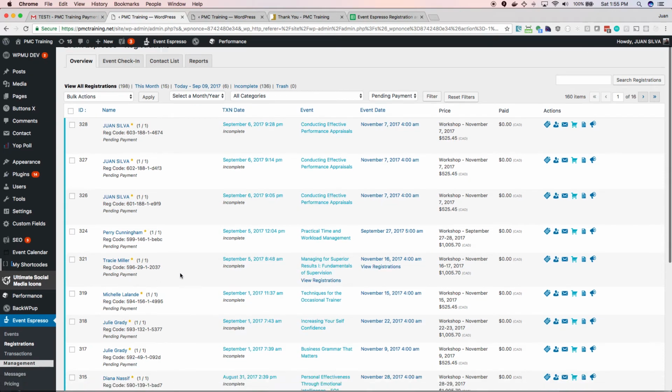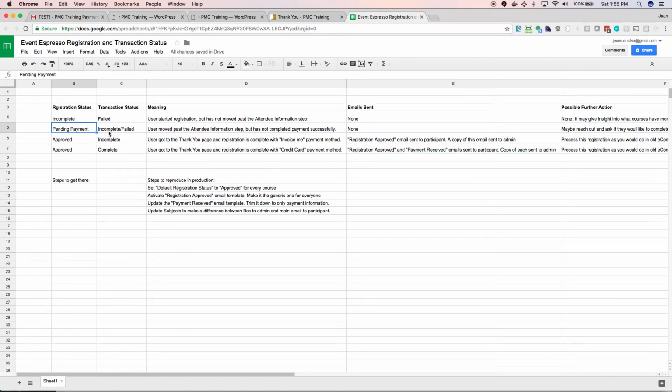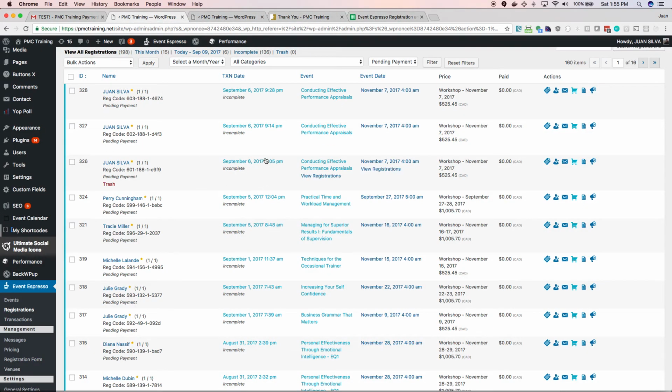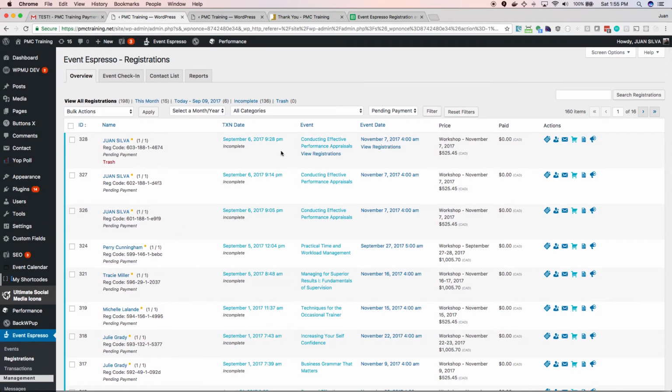And these are basically the ones that are being abandoned. Pending payment incomplete here, which means that the user moved past the attendee information step, but has not completed the payment successfully. So because we have contact information for those, you might want to reach out to them. Maybe you can gain some business from knowing that these people had interest